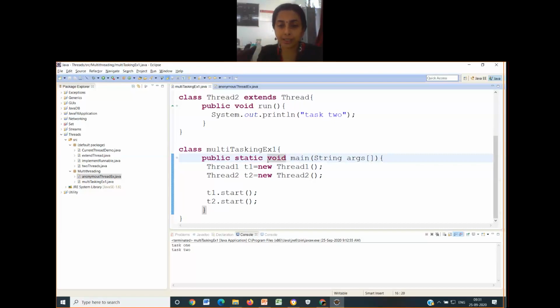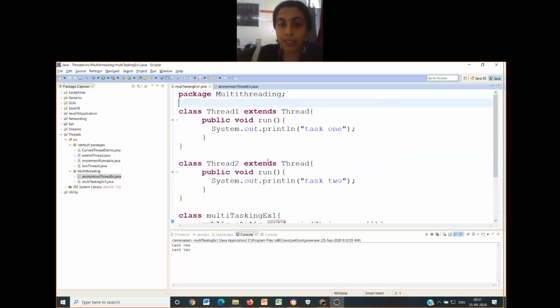The first two classes are thread classes, and the third class is the main class. Just have a look at the overview of this program. There is a class, you just see the title of the class. For now, the internal content we will modify as and when required. So we have a class, one more class and one more class.